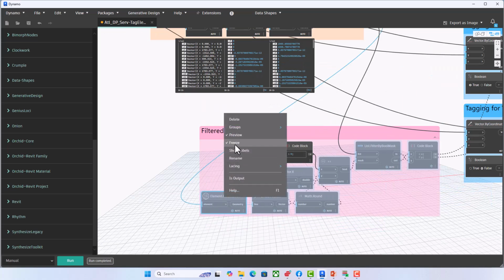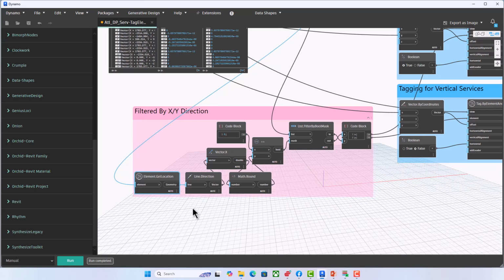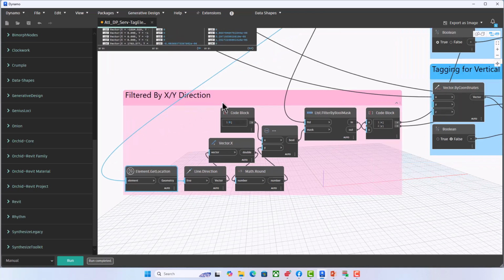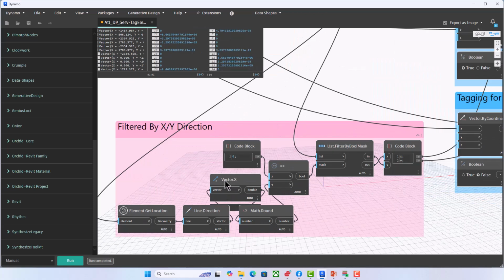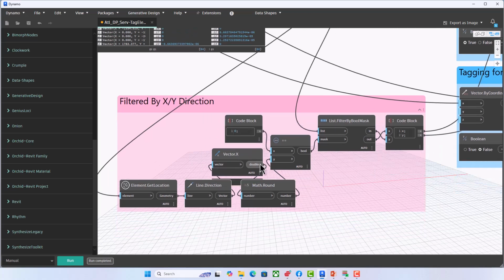When we receive the horizontal pipes, we are going to group X direction and Y direction by using the same method as this process. The only difference is that in this case we are using vector X,